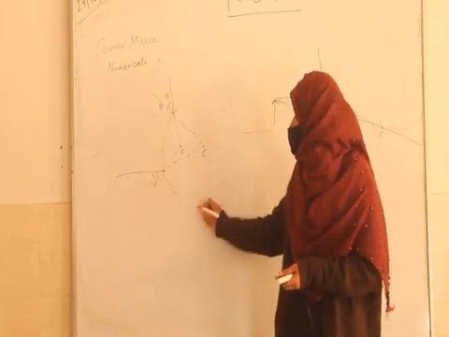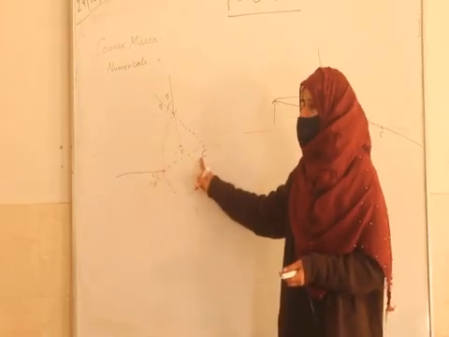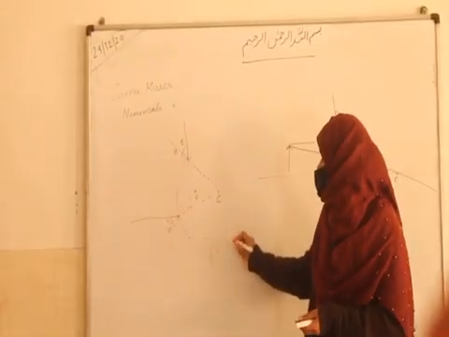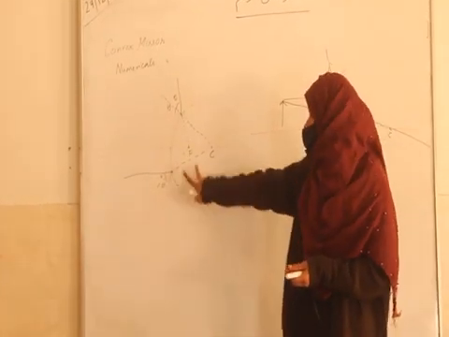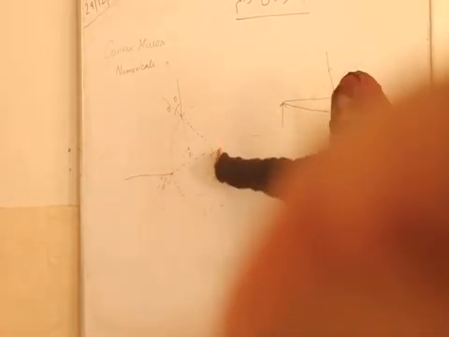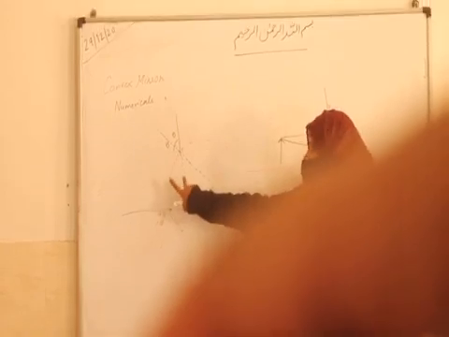So this f will be what? 2 times of this focal length. This is focal length. F plus f will give you what? 2 times of radius of curvature. This distance is known as radius of curvature. This point is known as center of curvature. This point is known as focus. The distance between pole and focus is known as focal length.